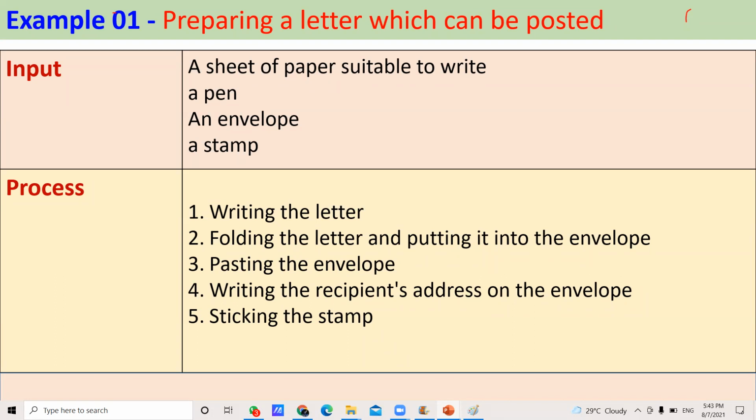Once you complete these steps, that means your process is okay. You did something, you identified data, that means your input. Then once you complete this process, you will get your output. Can someone tell what's the output?